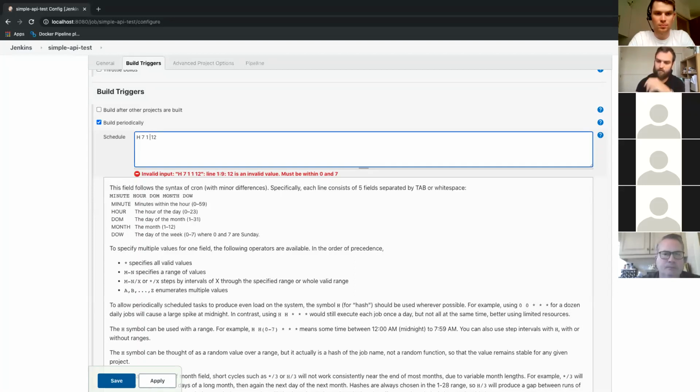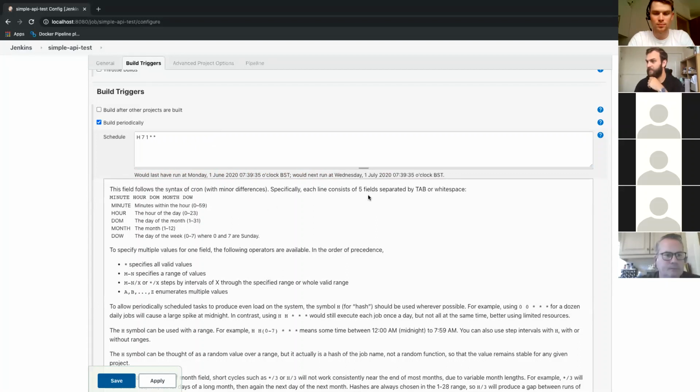I'm just gonna star these parameters. It does take wildcards. So you can see here, it does give you some information about when the run would have been scheduled if it was on this time signature, and when it's next going to be run. So you can get some information and feedback back from that.